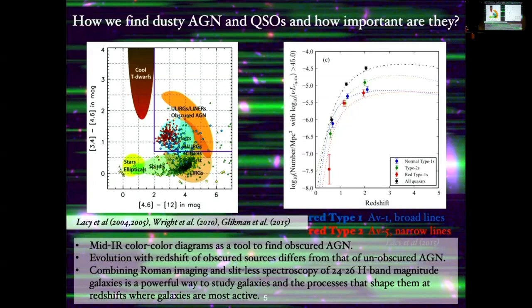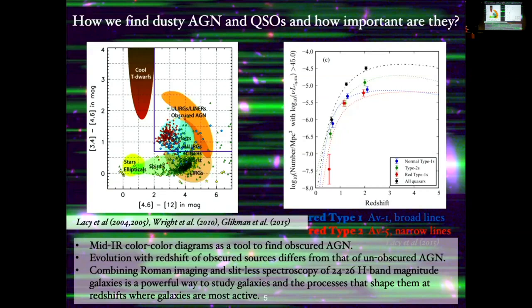When hundreds to thousands of mid-infrared selected AGN are being found and followed up spectroscopically, what we find is that their evolution with redshift seems to differ. What that points to is that the processes being observed, whether a snapshot in time or the kind of AGN population that this tracks, evolves differently and may be triggered by different processes.